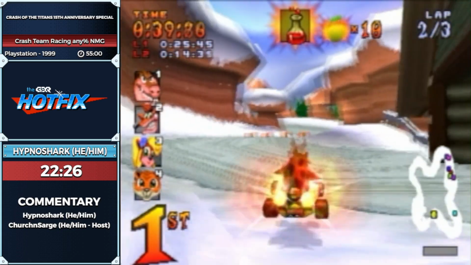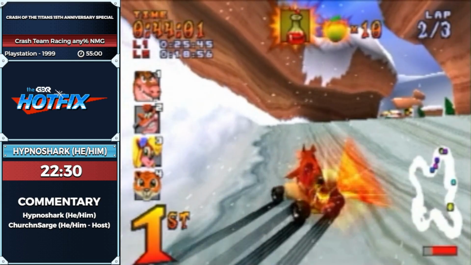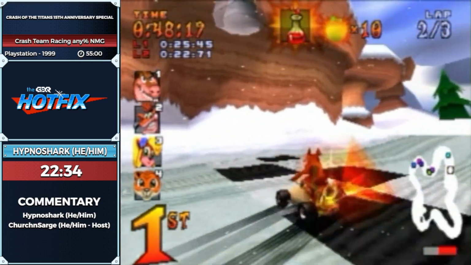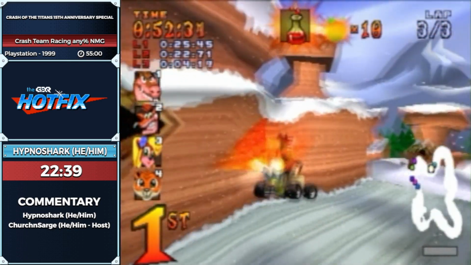Nice lake shortcut there. See if we can get the double jump over the rail. Just like that. Very, very good. Here we go. Nice SG off that downhill right there. Again, I should really, really bring up,